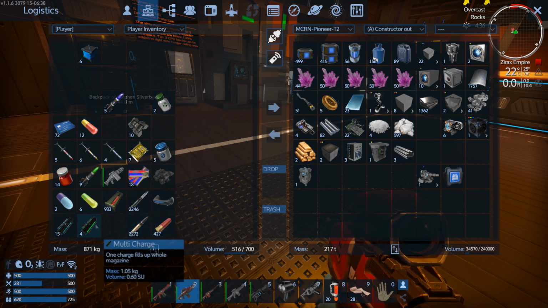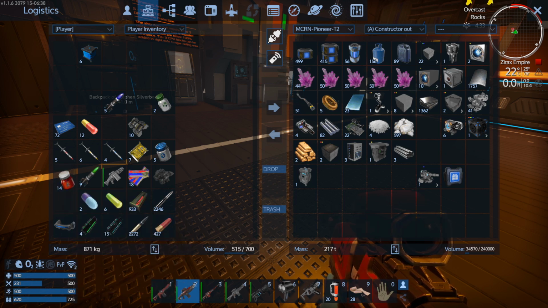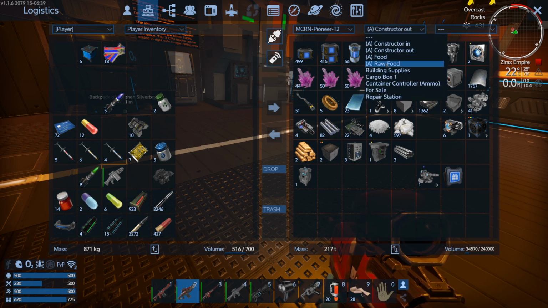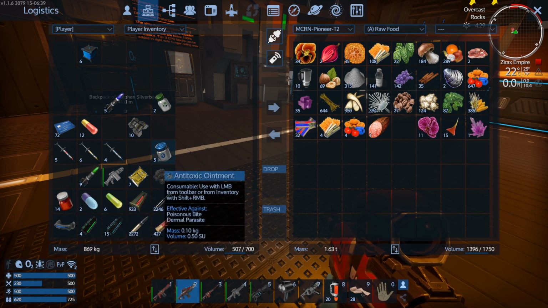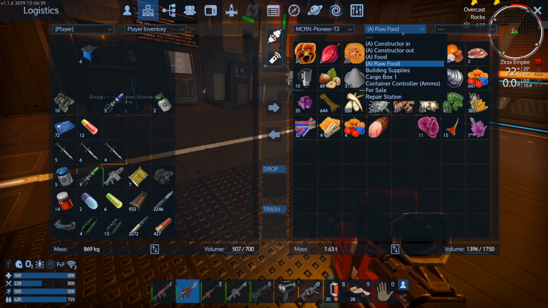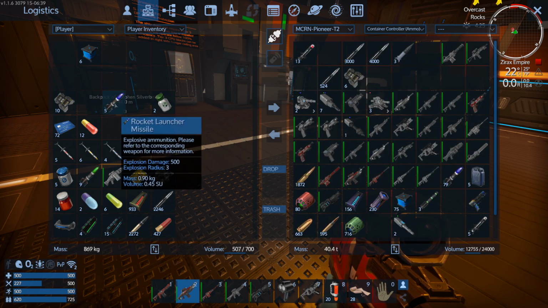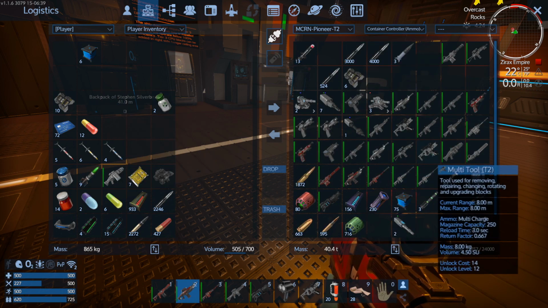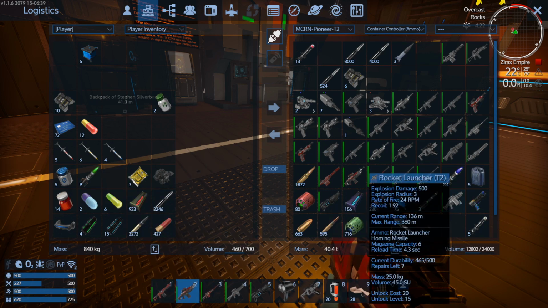Everything's over 1. That's what's throwing me out a little bit. So if we go, that can go into raw food because I can use that to make survival kit. That's there. That's there. Don't really need. Well, we've got the rocket launcher, but we've only got 9 normal missiles left. That can go there. I got the ordinary rocket launcher. So if we put that in there,